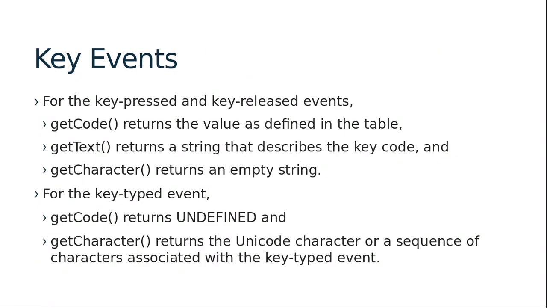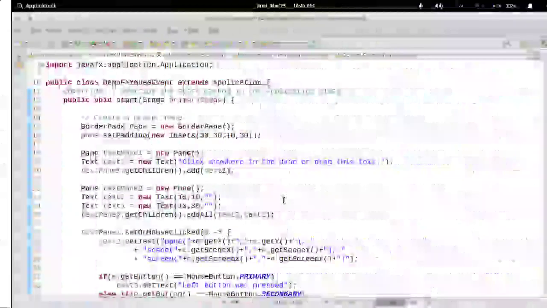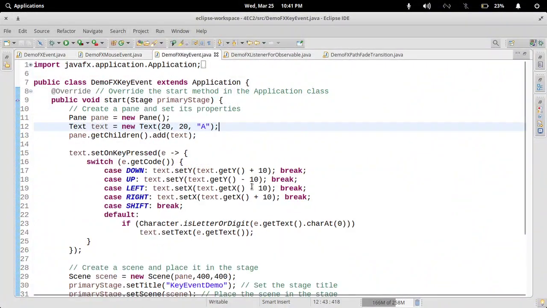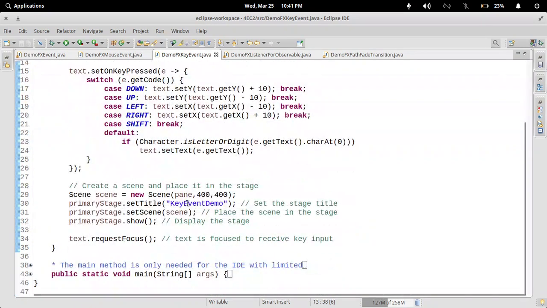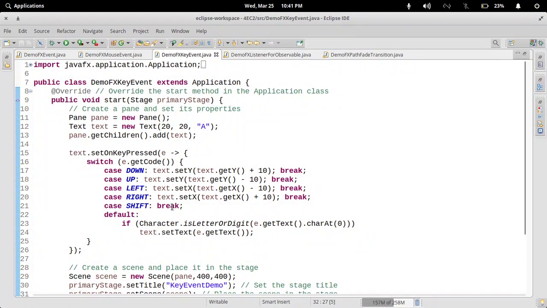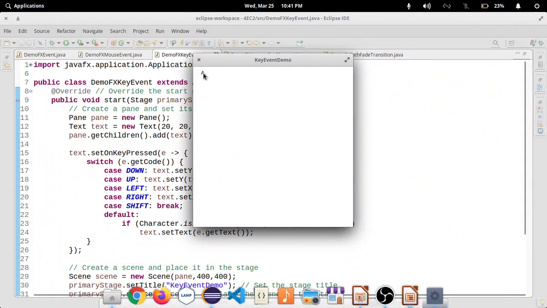so let's have a look at the key events example. We have that here. We will first understand the structure of our screen. So we have a pane. Within that pane we have one text, simply A, nothing else. We add that text in a pane, we add that pane in a scene, and that scene is added to the primary stage and displayed. Okay, so let me run this code, and on the screen we will have only one letter A here. So that's it,